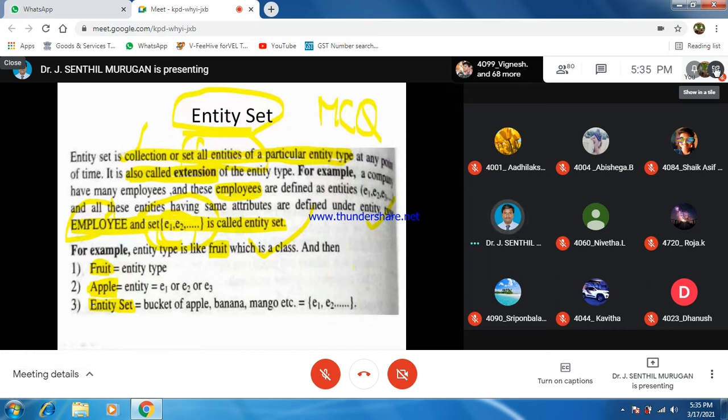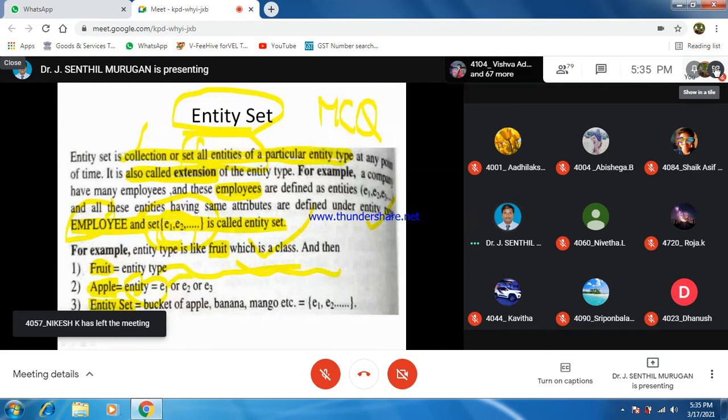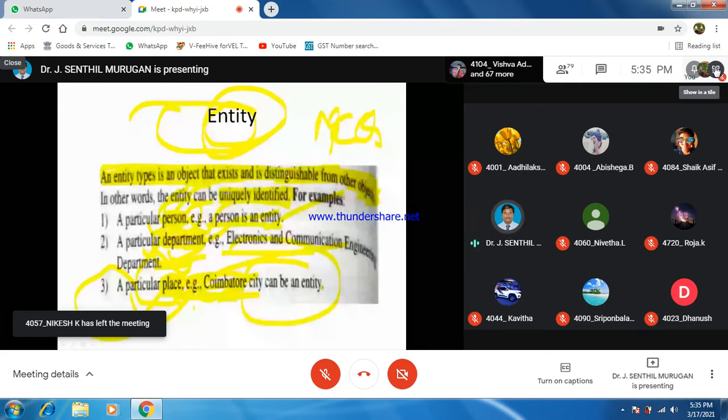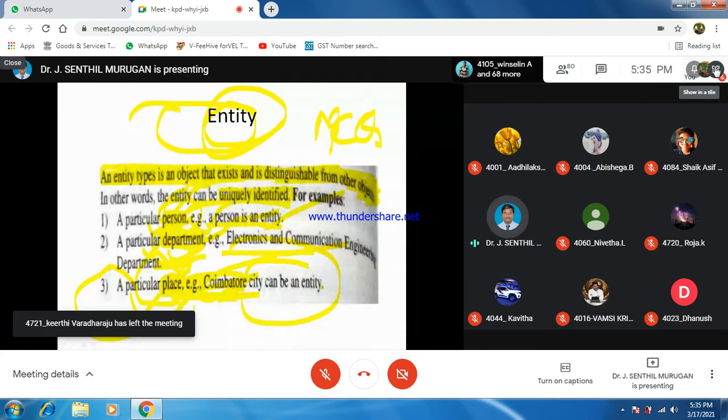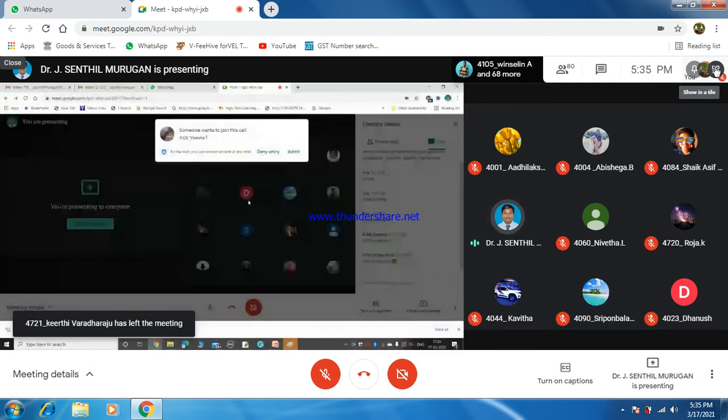Now, whatever the fruit is there, that is equal to entity. So if fruit is an entity type, whatever the fruit is there, then it is called an entity. Here we have seen a particular person is also an entity, a department is also an entity, or a place is also an entity.